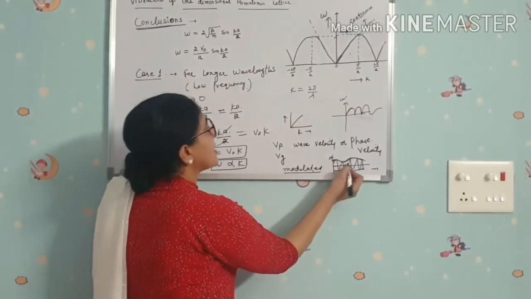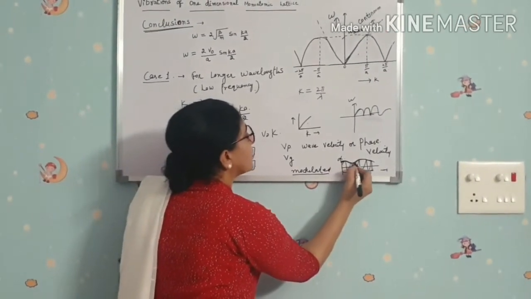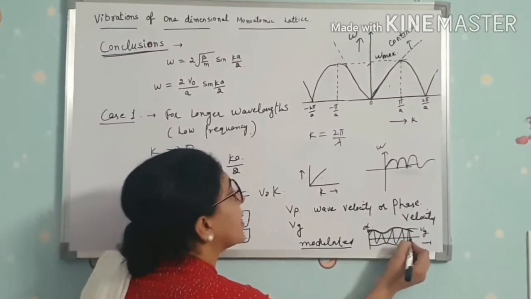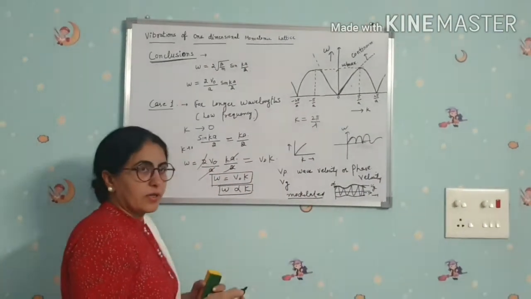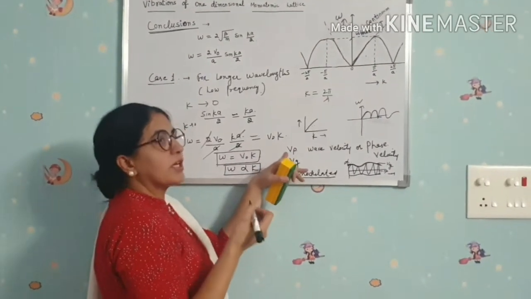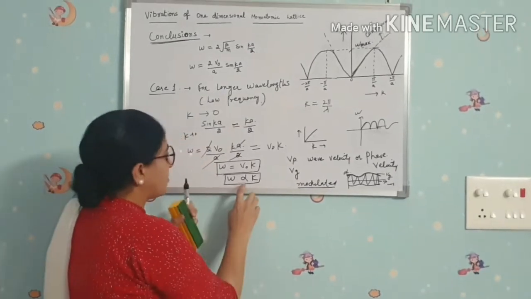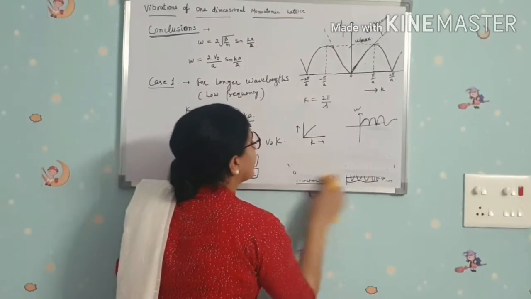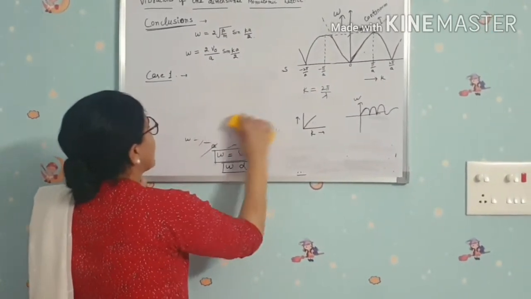So group velocity is the velocity of a wave packet, a group of waves, or the velocity of this envelope, Vg. And phase velocity, of this single wave, is V, or wave velocity. Clear? So these are the definitions, or concepts, of phase velocity and group velocity. Now from this we can also find out mathematically, we know that what is phase velocity?